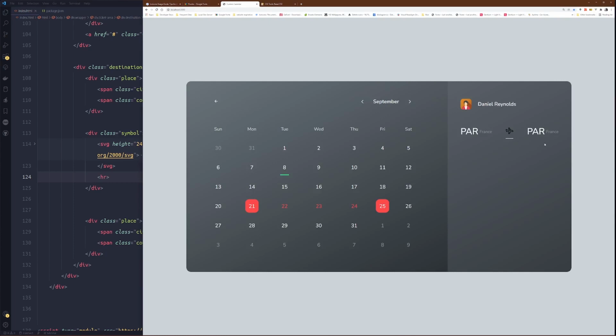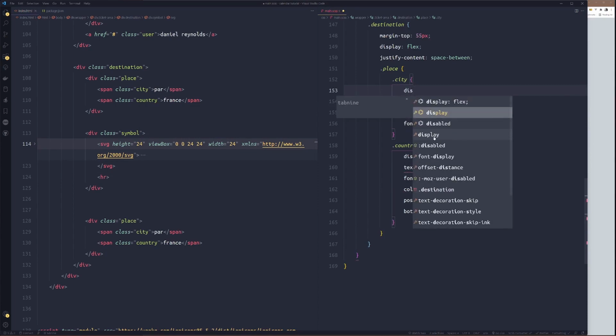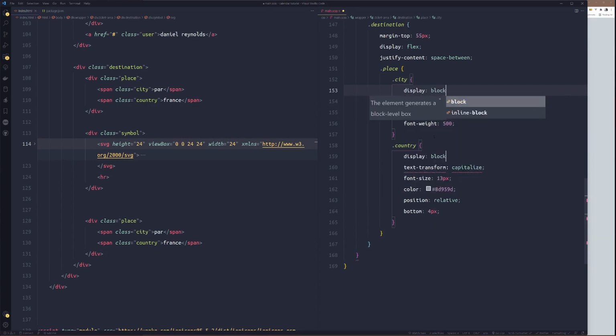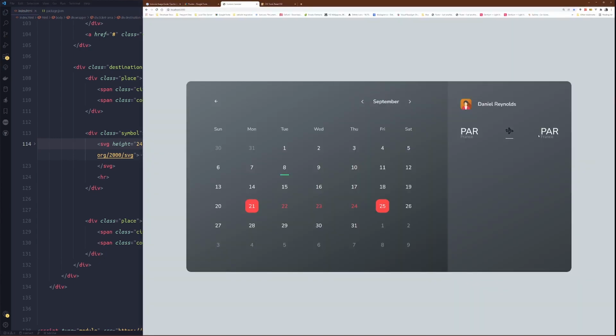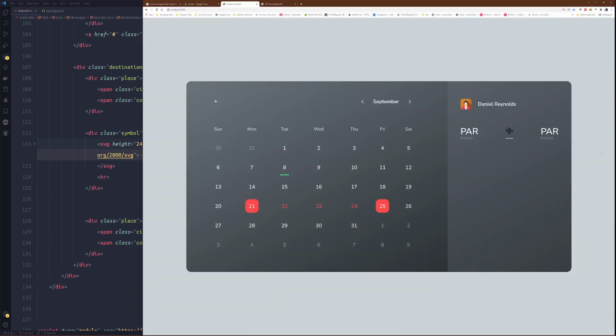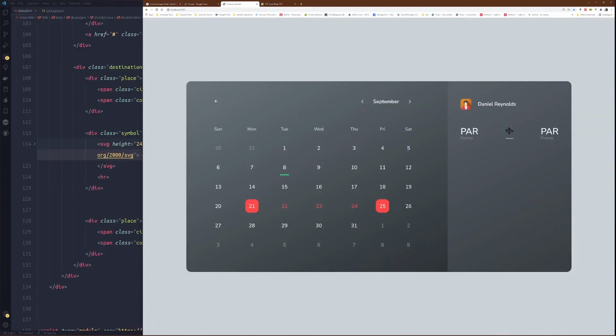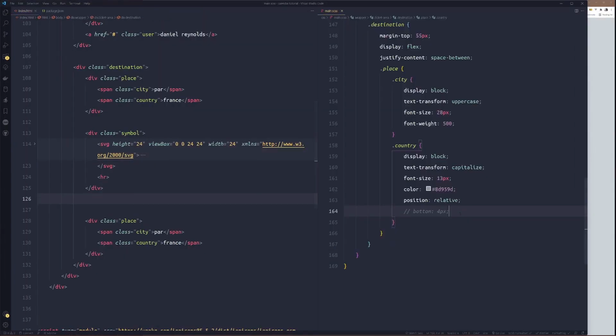Let's see. Okay, we need to display. So display will be block. All right, this is good. Might move this button safe. In fact, not even button top.